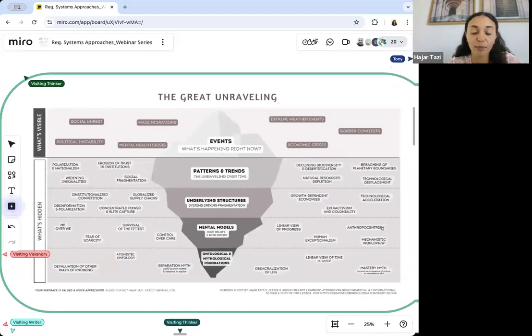These systems are built upon something even deeper, which are our collective models and our worldviews. These include beliefs like human exceptionalism, survival of the fittest, and the myth that we are separate from each other and from nature.